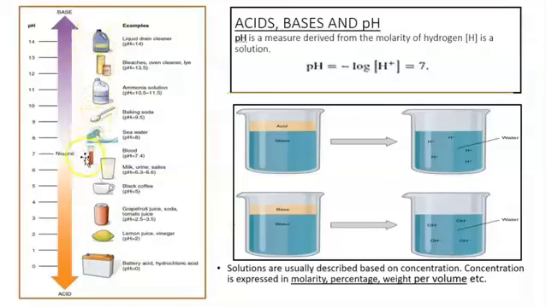In our case, what we need to know is that the pH of blood is going to be 7.35 to 7.45, which is almost neutral. It's right here, right? It doesn't get to 8. So the number of hydrogens that is going to give you the pH is measured based on concentration. Now, how can this concentration be expressed? Well, it can be expressed in molarity, in percentage, weight per volume,